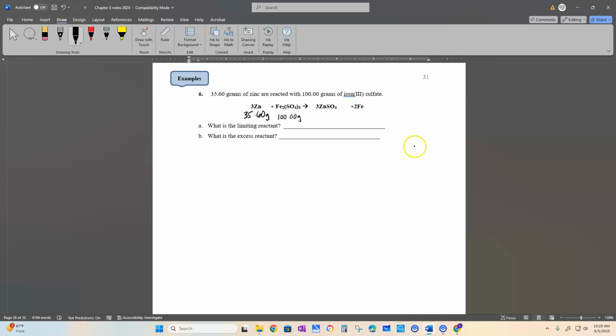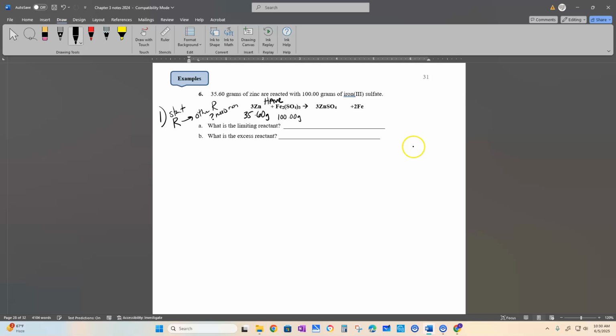Who's the limiting? Who's the excess? So remember, number one, start with any reactant and convert to the other reactant. And you know Rodriguez likes to start with the first one, okay? So these two values that they gave you, it always helps to list, this is what you have. So the question is, what do you need? So when you go from one reactant to the other, you're basically solving for what you need